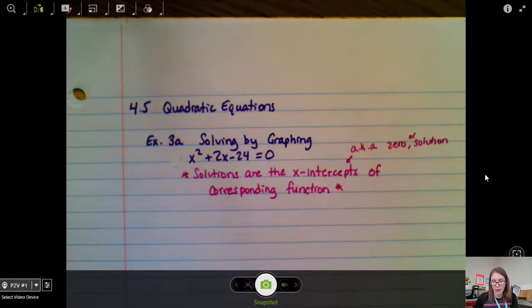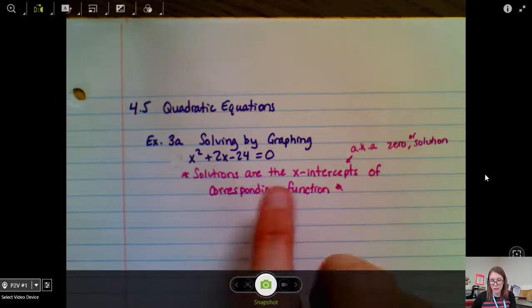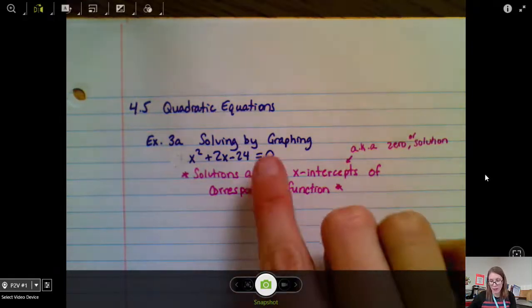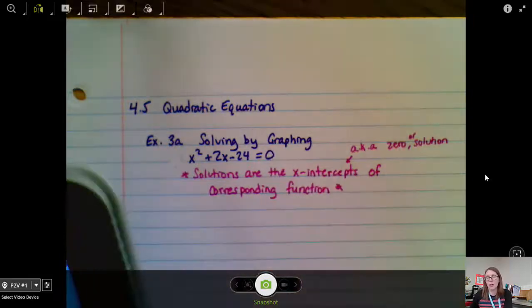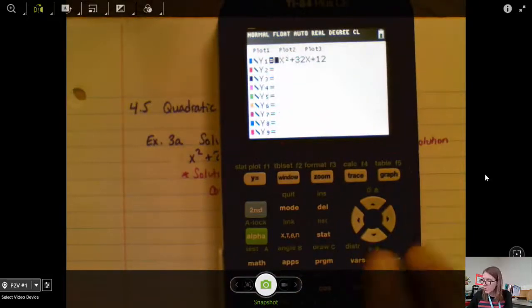All right, now let's graph this, and we'll use our graphing calculators. We'll use our tools here. First thing to do, make sure our equation is in standard form, which it is. Because now I can pretend that this is a y for a minute. y equals x squared plus 2x minus 24, and plug that into our graphing calculator. y equals